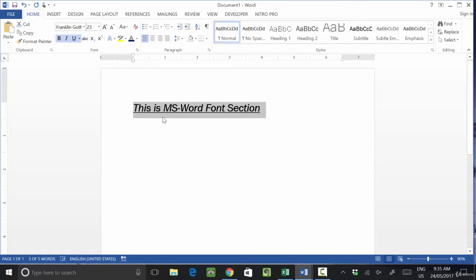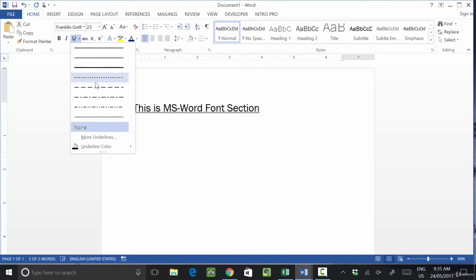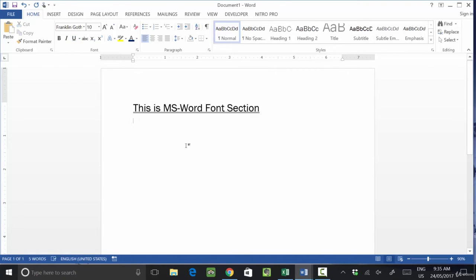Let me see why it is not happening. For double underline, we have Control Shift D. Let's try in your system again. For example, I have the word welcome, so I will make it bold, italic, underline, and double underline. For double underline, in my system something else is open, but you should try in your system. When you press Ctrl Shift D, double underline will come in the text.